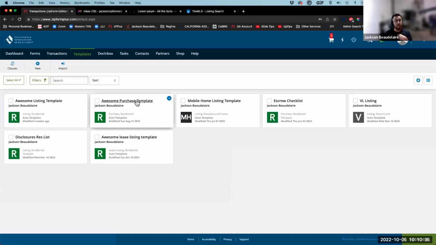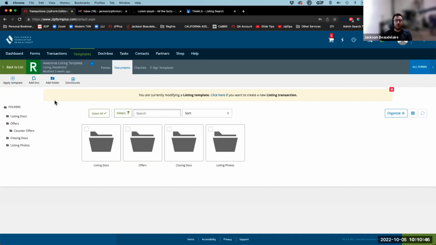So we write a lot of offers and not all of them stick. So my organization in my purchase template was minimal. I have a folder, I have a couple pieces of information. My listing template, though, has much more organization, because when we take a listing, we are much, much more likely for that to end in a check. So I want to start off very strong with my